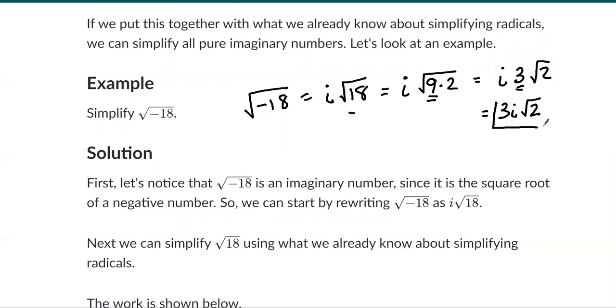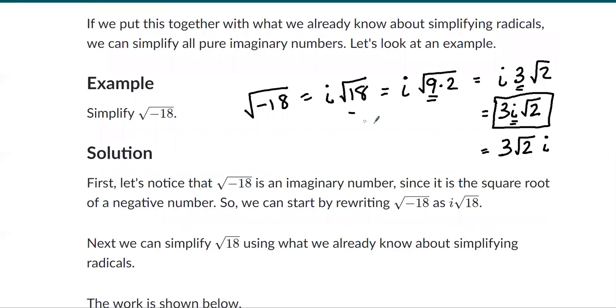And this is how I want you to write this. Another acceptable answer, and this is probably more common actually, is to write 3 root 2 i. But the problem I have with this is that sometimes students are a little sloppy with the radical, and they'll extend it a little bit further, and it'll look like their i is underneath the radical symbol. And we do not want this i to be underneath this radical symbol. We want it to be on the outside. So just to guarantee that that doesn't happen, just write it like this: 3i